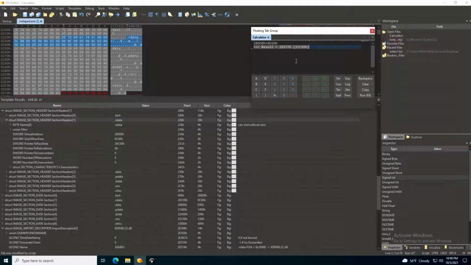So what we will be doing here is we'll get the value of the pointer to raw data, which is 26C00H, plus the relative virtual address, which is 30A8EH, and then minus the virtual address, which is 28000H. Okay, so we get this value, 2F68EH, and if you look at this one, 2F68E is the address